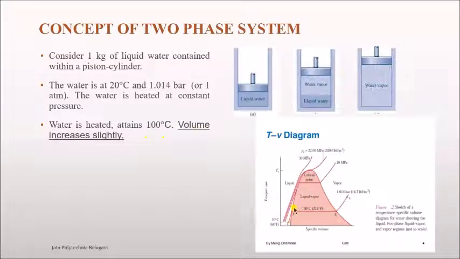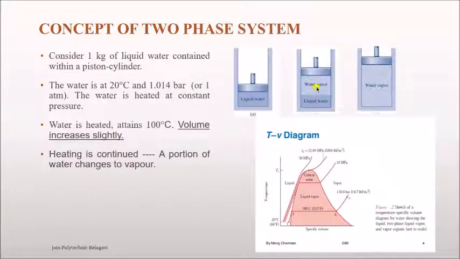During this process you can see the volume increases very slightly, while there is a considerable increase in temperature. During this process, some amount of water remains water, but a certain amount has been converted into steam. You can see the water has settled down, and above that we have the vapor. This is a different phase, and these two phases are meeting one above the other. This concept we call a two-phase system.